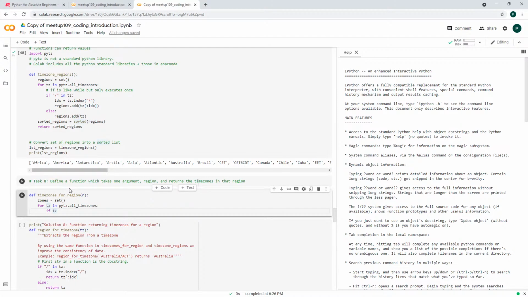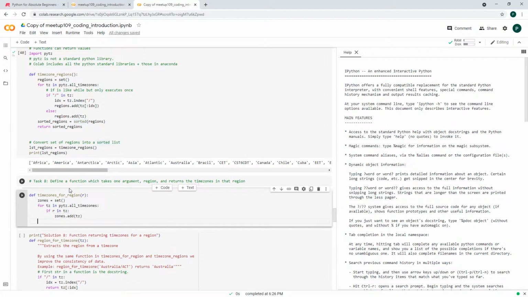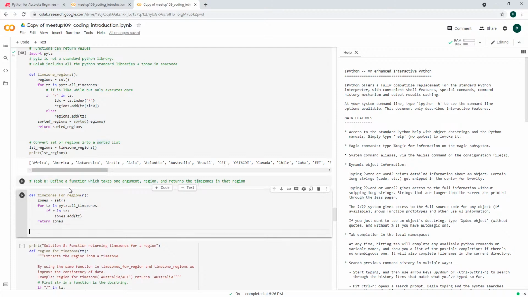So do we know if we are in time zone, then zones dot add time zone. Return zones. That'll do. So let's test that